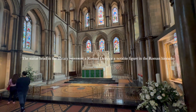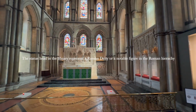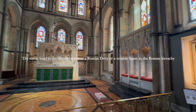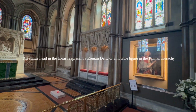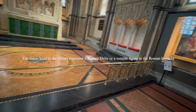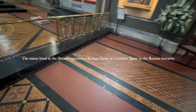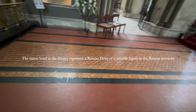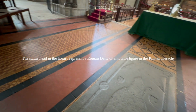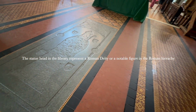In addition to manuscripts, the library contains early printed books, including works from the Renaissance period and books related to church governance, philosophy, and science. The library also houses many of the cathedral's administrative records, some of which date back to the medieval period. These documents provide insight into the